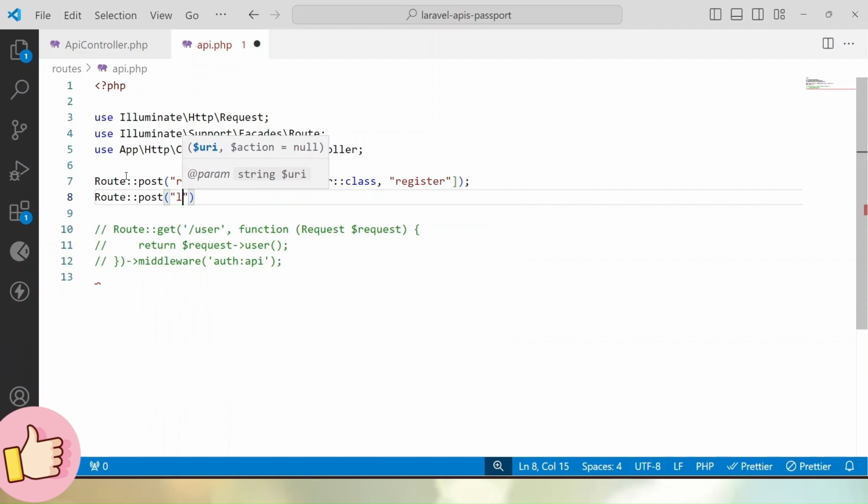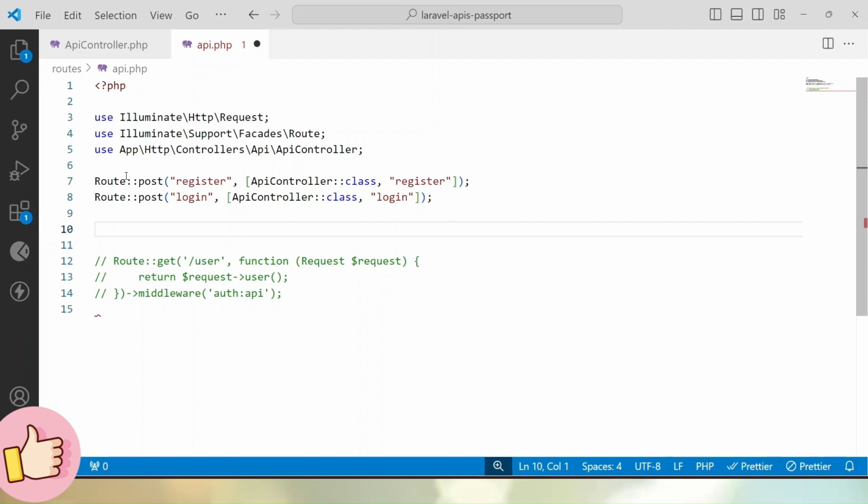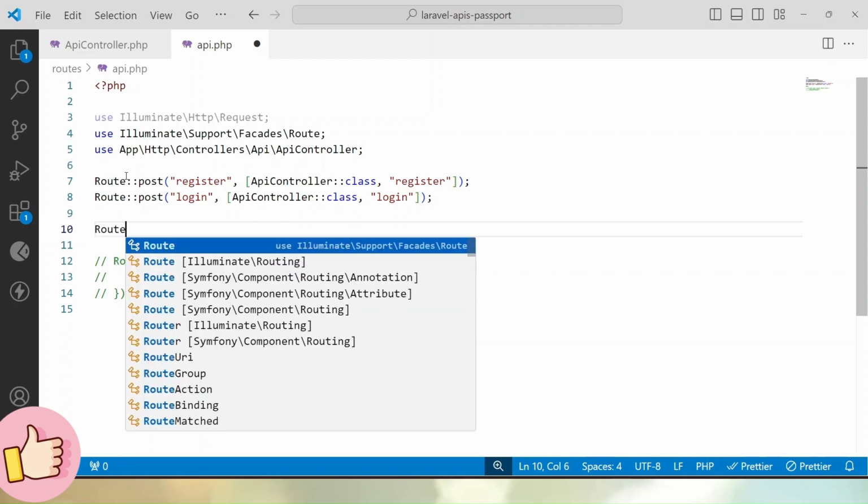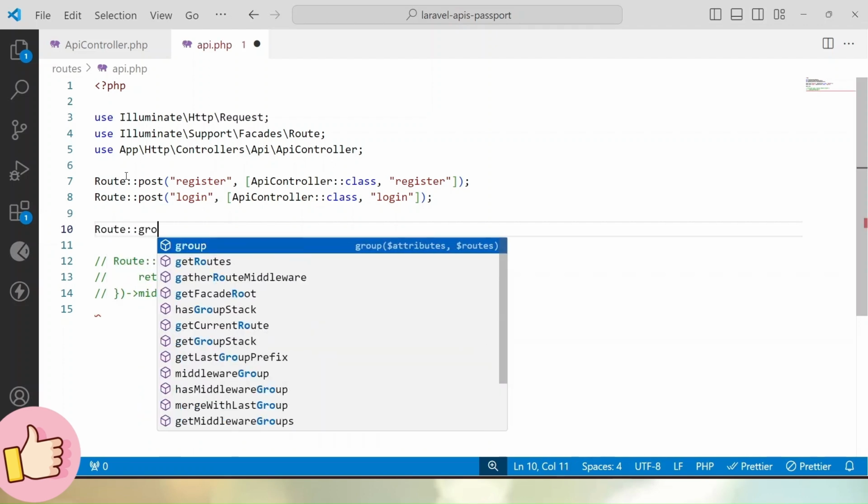Then after, Route here, post request type. This is for login, ApiController class, and here we have to call our login method. Then after, we'll have the profile API method, refresh token API method, and logout API method. And all these API methods will be our protected API routes. So here comes the concept of middleware. So group,